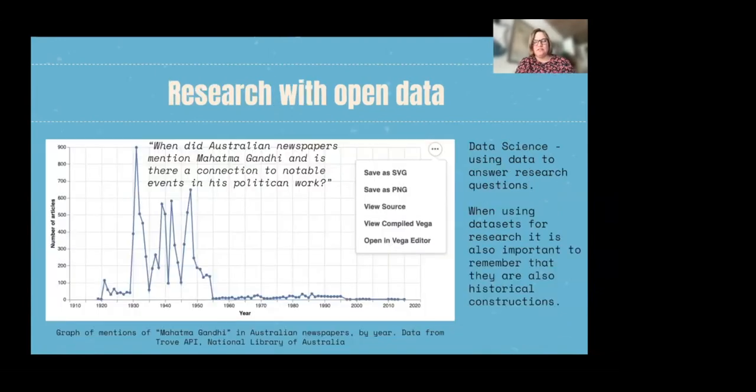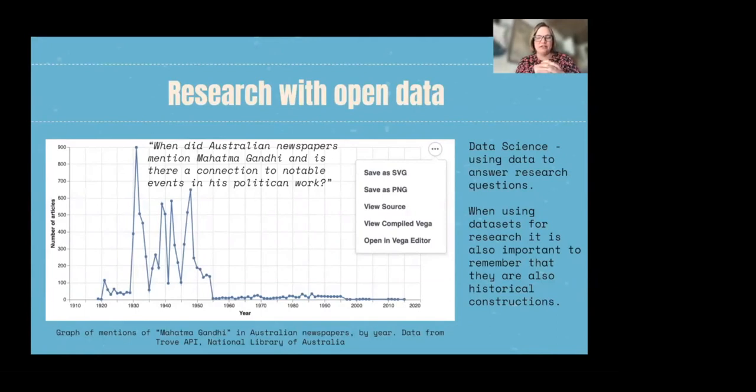So this last slide is an example of how we can use a historical digitized data set to answer research questions. In this case, I've written a short research question. It's a very simple research question, really: when did Australian newspapers mention Mahatma Gandhi, and is there a connection to notable events in his political work? And I've sent a request off to the Trove API to get all the articles that mention Mahatma Gandhi